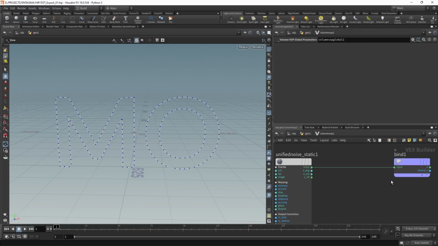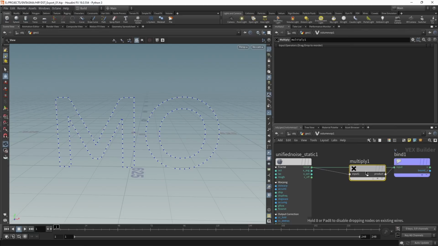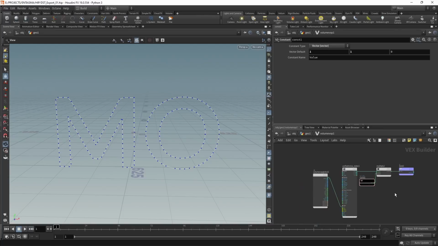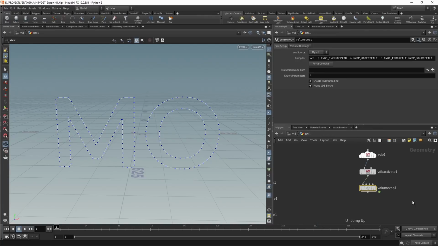One more thing I'd like to do before writing this out to v, however, is multiplying this with a constant, and this constant should be a vector, and I want to multiply my noise so that it only points in x and y, so I'm going to multiply it by 1 on the x, 1 on the y, and 0 on the z, and wire this into the second slot of this multiply here. Okay, that's it. Back up, got a two-dimensional noise now here in my volume,